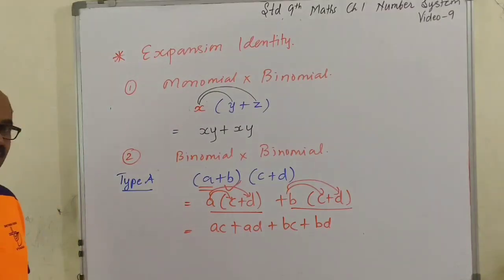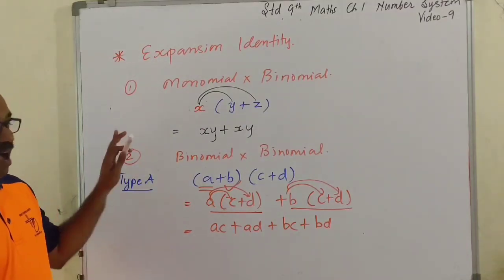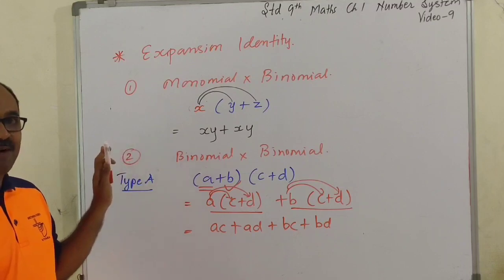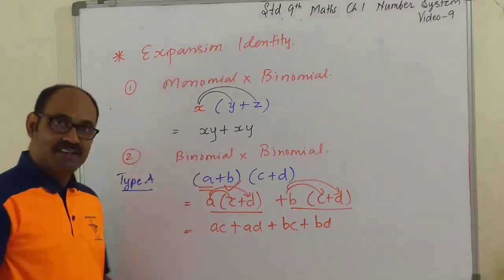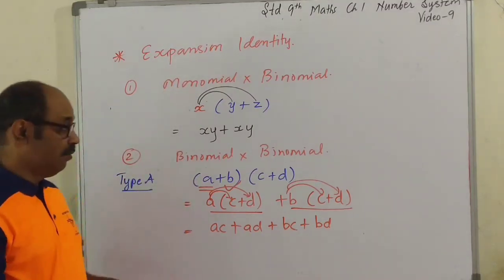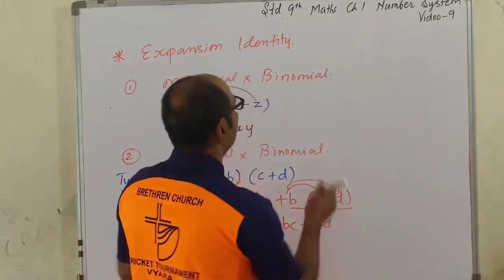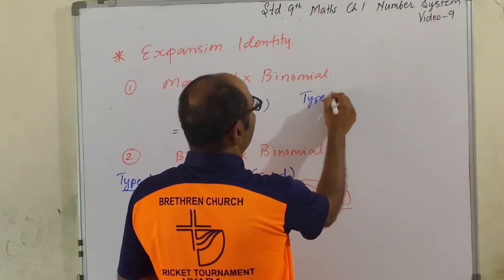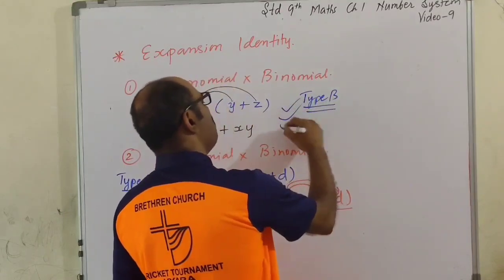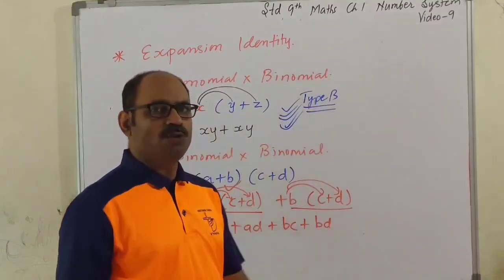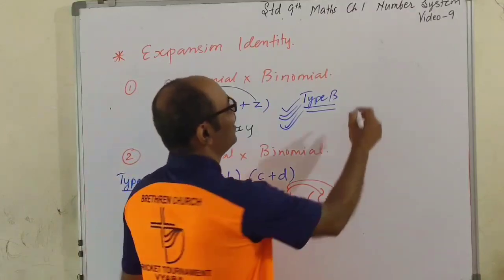This is type A. आपको ये पॉज करके कॉपी कर लेना है, या यू टेक द स्क्रीनशॉट. ओके, आई मूव अहेड. टाइप B. ओके, आई राइट हियर. Type B, very important and most often used.